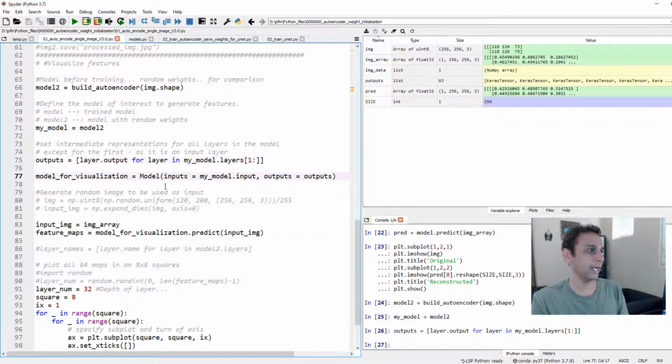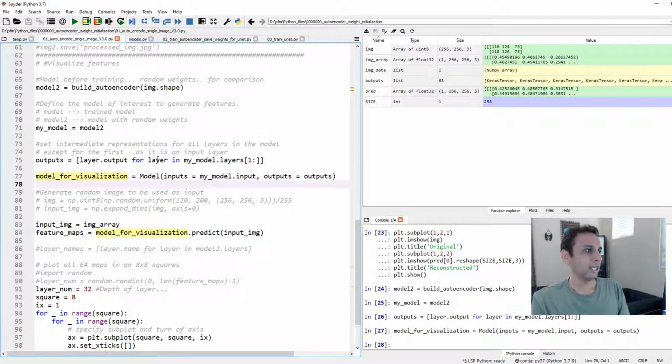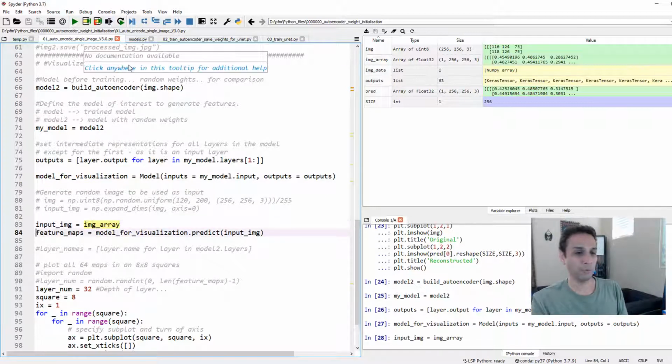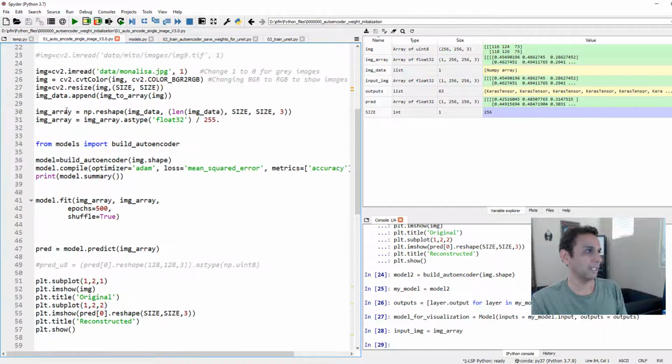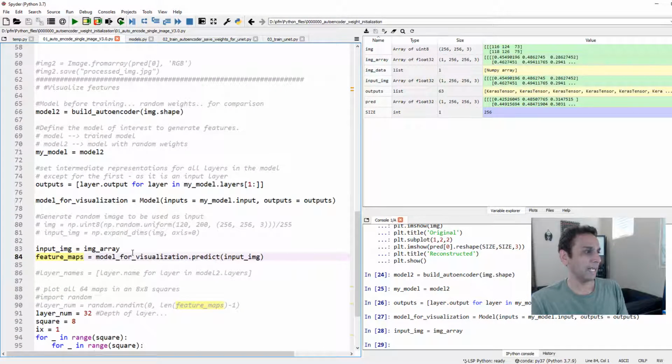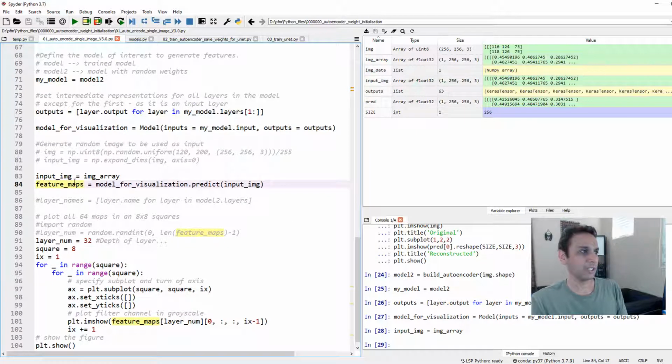So let's go ahead and define this model. And we just defined the model. We need to predict using that model. Remember, we haven't trained on this one. So let's define my input image as my image array, which we just did earlier. That's what we called it. Yeah, the Mona Lisa image. And let's generate our feature maps. Feature maps is basically this new model we defined,